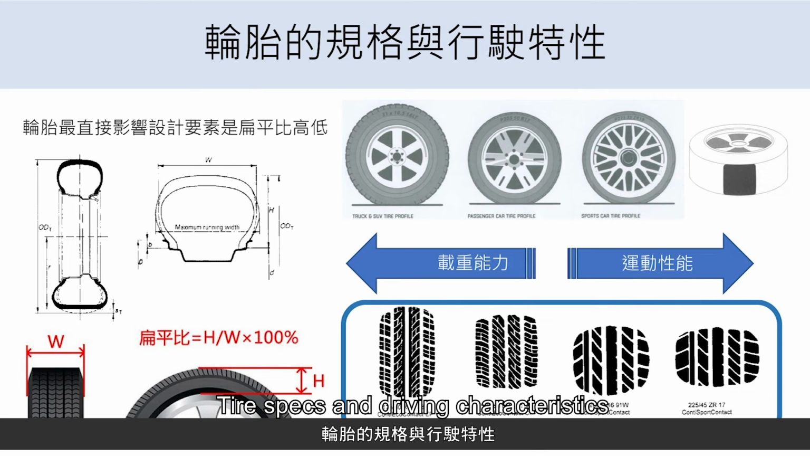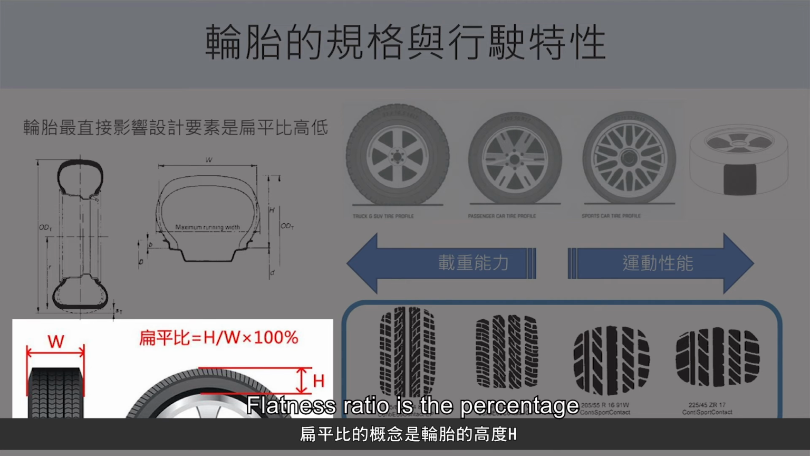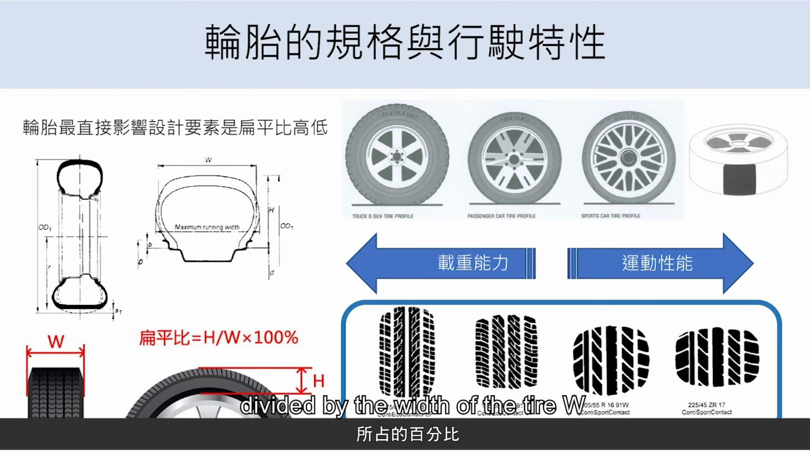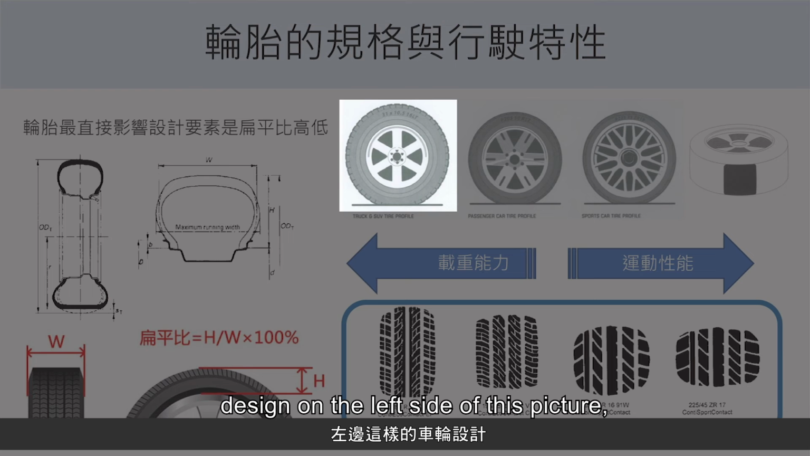Tire specs and driving characteristics. The tire specs factor which affects driving characteristics most directly is the flatness ratio. Flatness ratio is the percentage of the height of the tire H divided by the width of the tire W. In general, trucks will use tires with the higher flatness ratio, such as this wheel, designed on the left side